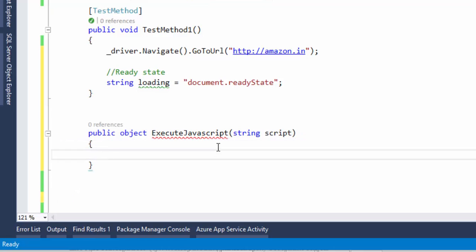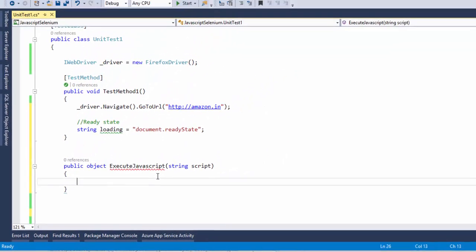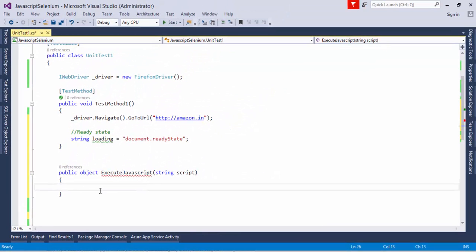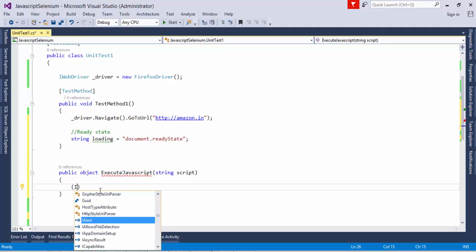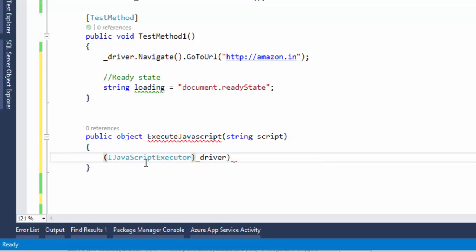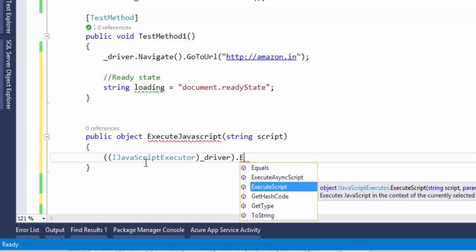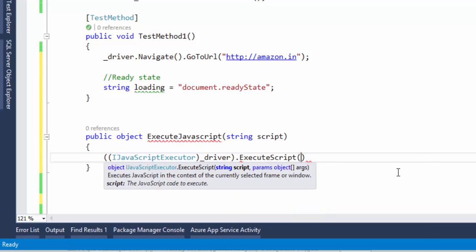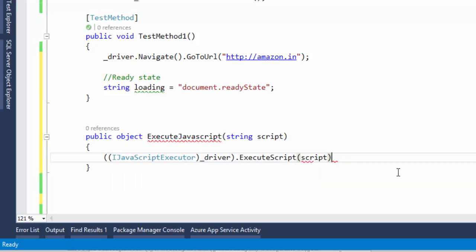All right. And then, as I already said, there is an interface called IJavascriptExecutor. So what I'm going to do is call this IJavascriptExecutor for the driver, and I'm going to just encapsulate that. And there is a method called ExecuteScript. This method will actually execute the JavaScript in the context of the currently selected frame or window. So whichever current window you are passing in that particular context, this particular JavaScript will be executed. So I'm going to select that method, and then I'm going to pass the script as